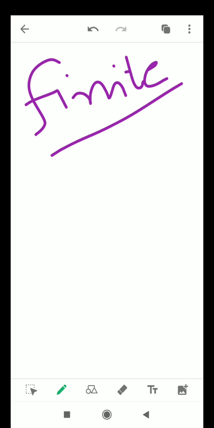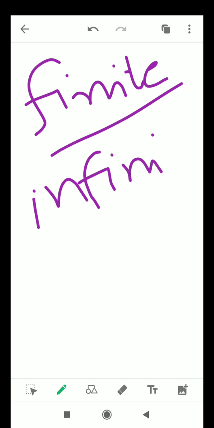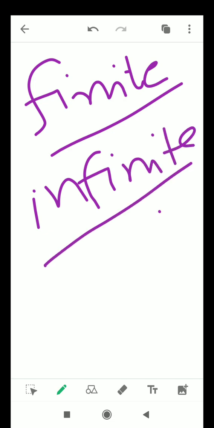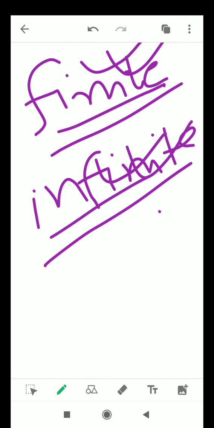But in case of multiples, if any number is given to us and we are asked to find the multiples of the number, then it will be unlimited, it will be infinite. Since the list of natural numbers is infinite, we cannot list all the multiples of a given number on a paper, suppose. So that's why the multiples of any number will be infinite. The first one was finite, we can count that. The second one is infinite, we cannot count that. The factors are limited, but the multiples are unlimited, infinite. Okay,